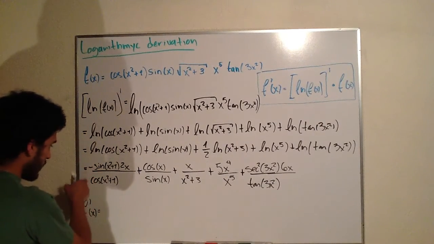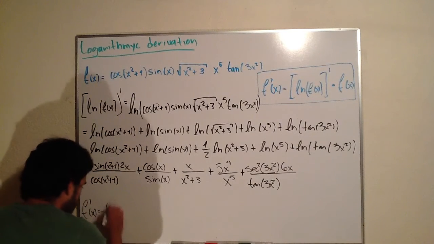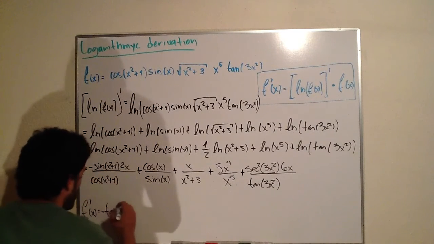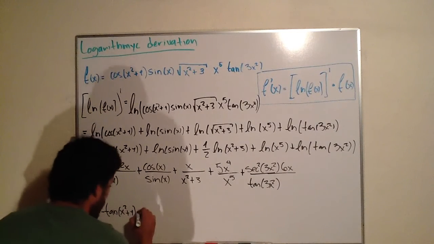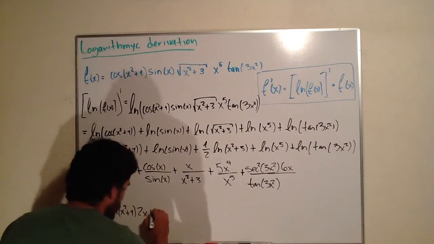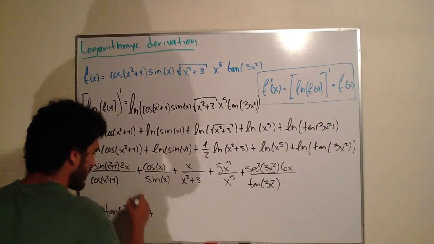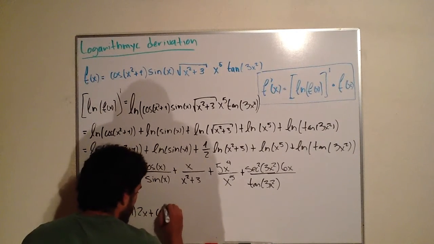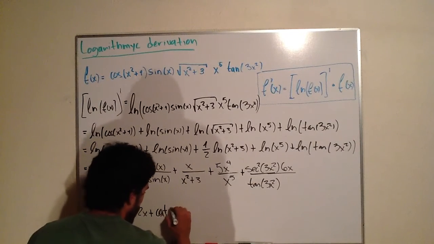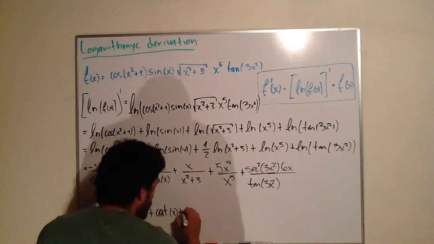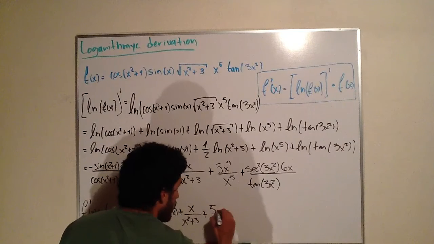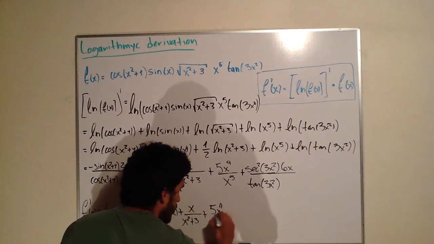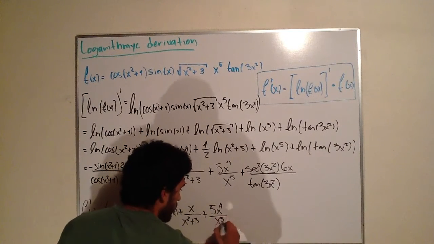So sine divided by cosine, we know that is a tangent of x squared plus 1 multiplied by 2x, plus cosine divided by sine will be a cotangent of x, plus, there's no more to do there, plus 5 squared over squared